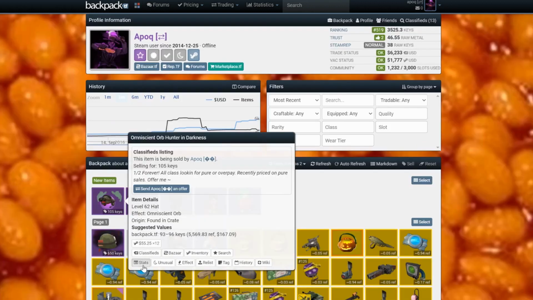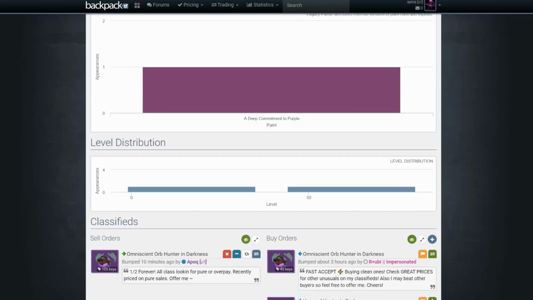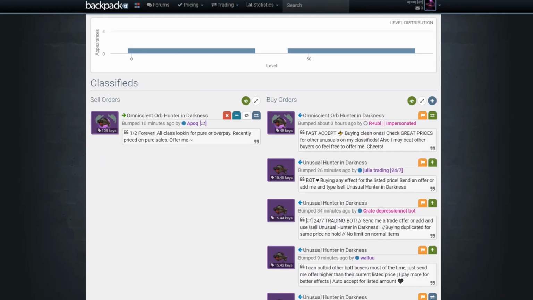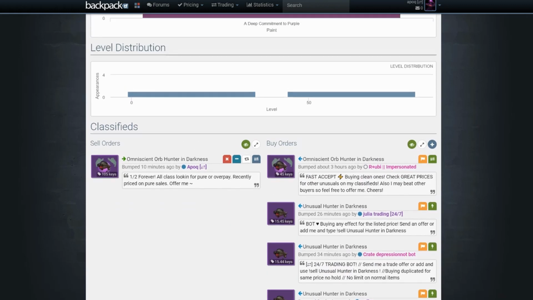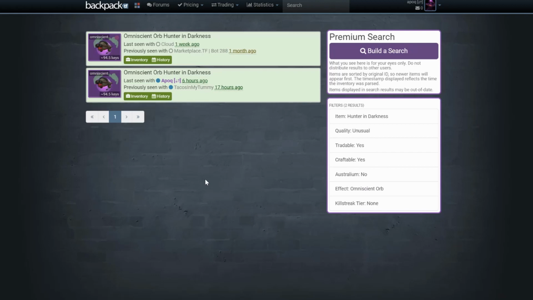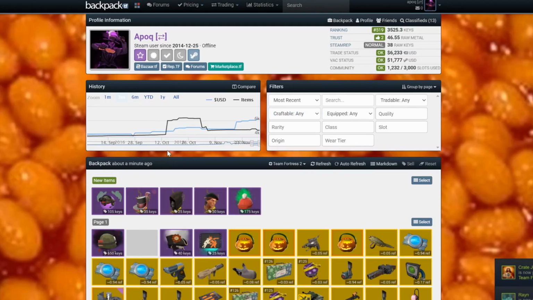And here, the Omniscient Orb Hunter in Darkness, only one on the market, recently priced off of pure sales. This is going to be harder to sell. It's not a very desirable hat or effect, but it is Halloween and it has a very niche market for sure. Now these 3